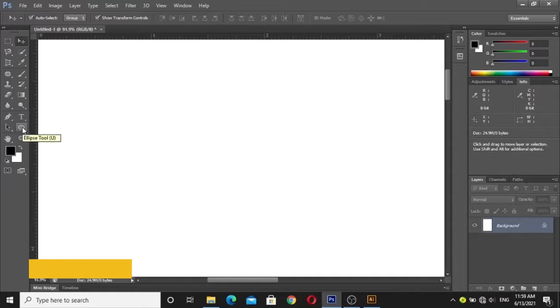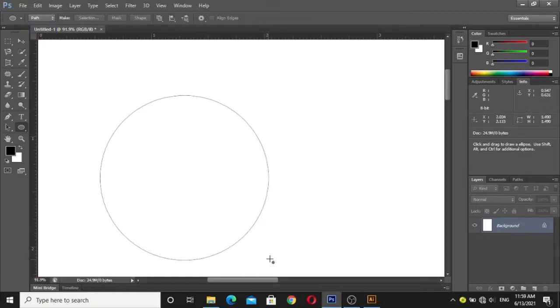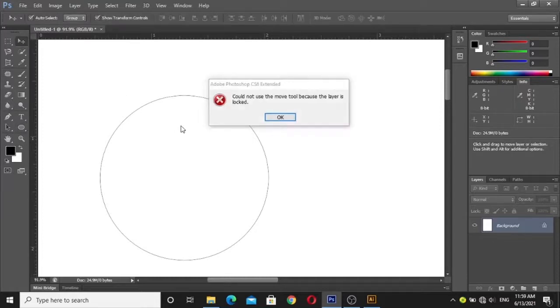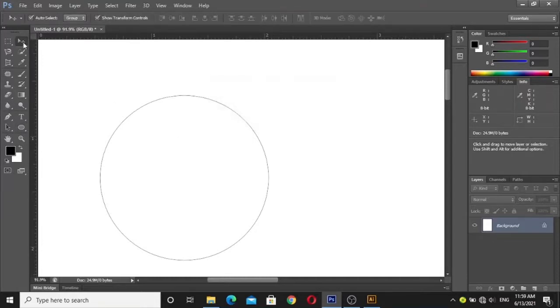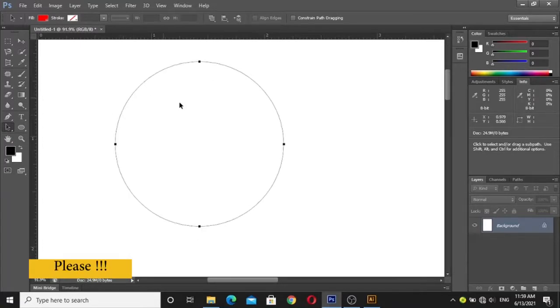I can easily change the color of shapes, but if I change it into a path, then what will happen? I am not able to change the outline color or the solid color of this shape, because it does not allow me to change the color of a path.